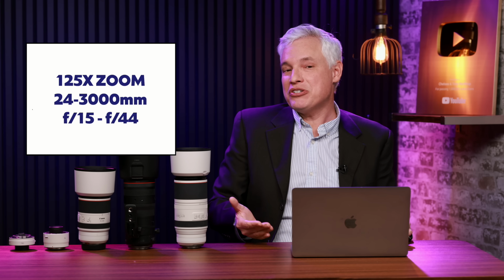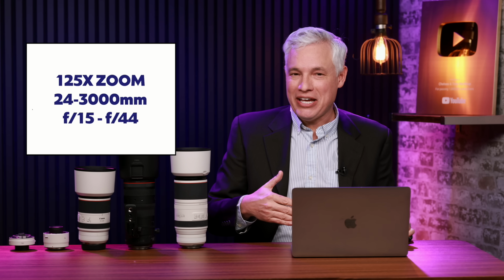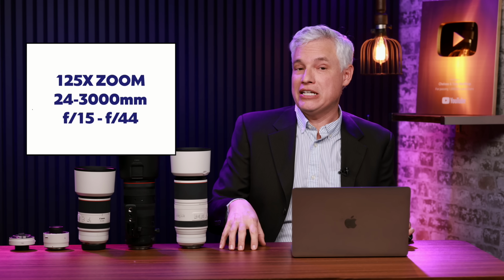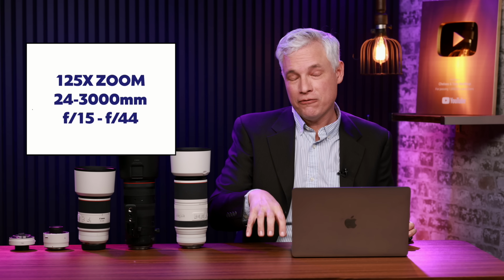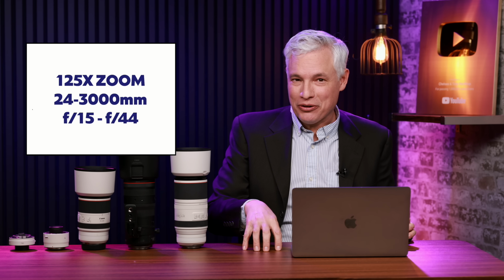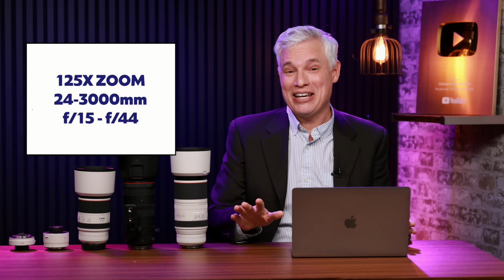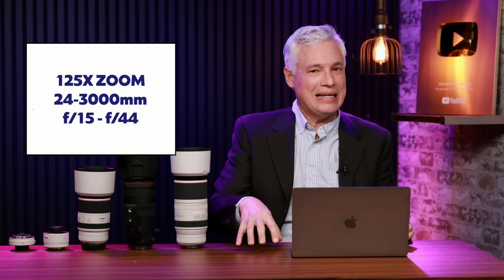Now, they advertise it as an f2.8 lens. It is physically f2.8 only when you're at 24mm, but because the sensor is very small, the equivalent aperture is f15 to f44. They're kind of doing a trick here where they give you the focal length in 35mm terms, but they don't give you the aperture in 35mm terms. This is common. All the camera manufacturers do it, but it's shady when they all do it, and it's shady when Nikon does it. And actually, I kind of hate how most of the photography media doesn't call them out